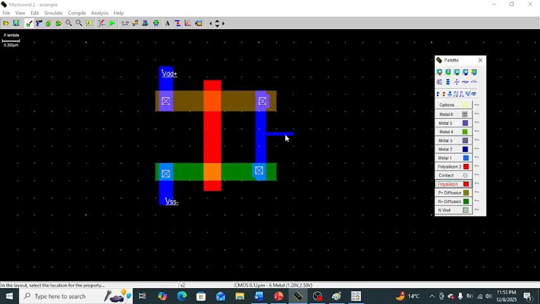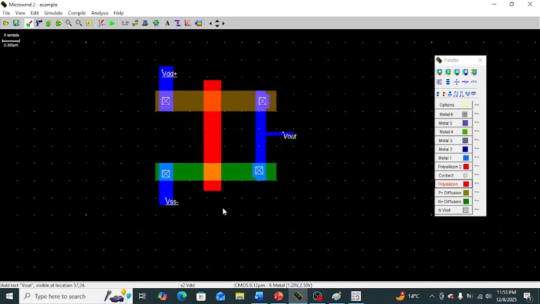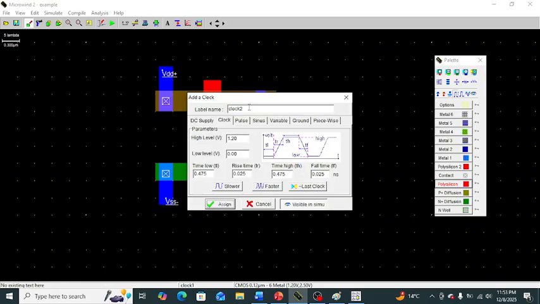This can be used as the output, and the output is taken from the drain terminal of both NMOS and PMOS, so we assign the output to this terminal. Here is the polysilicon input. This is the clock input available in the palette box, and it is connected to the polysilicon gate input.